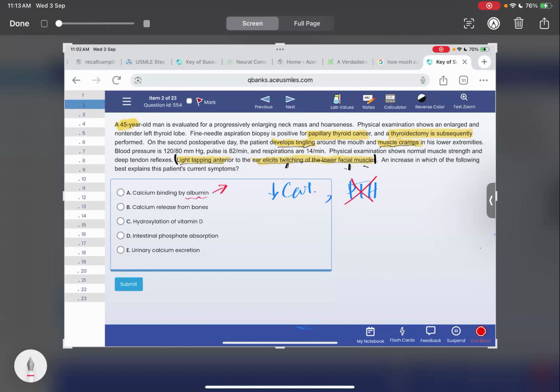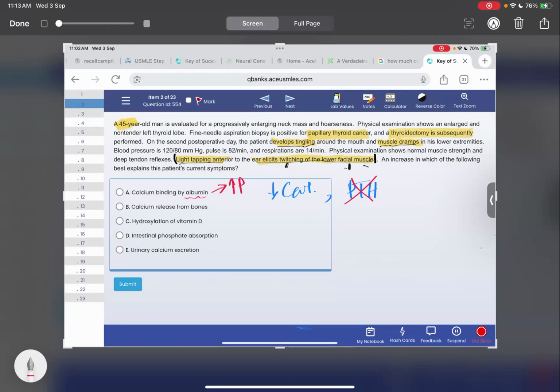It will be happening when pH is increased. In case of alkalosis, this mechanism is functioning okay. In case of increased pH, the calcium will bind to albumin. Normally the calcium is bound to hydrogen, right? But in case of alkalosis,